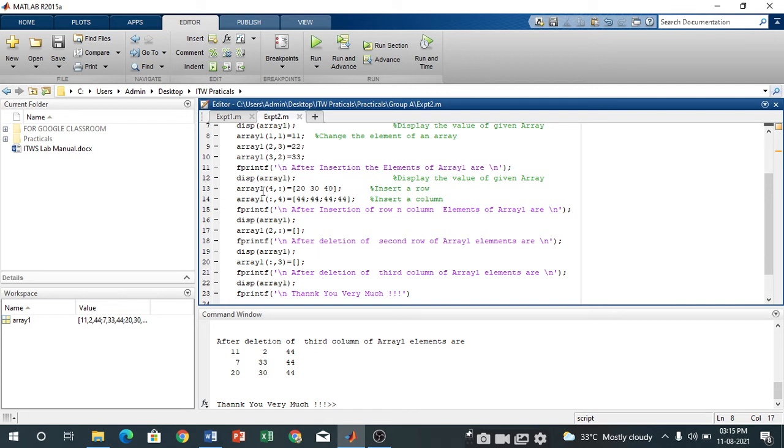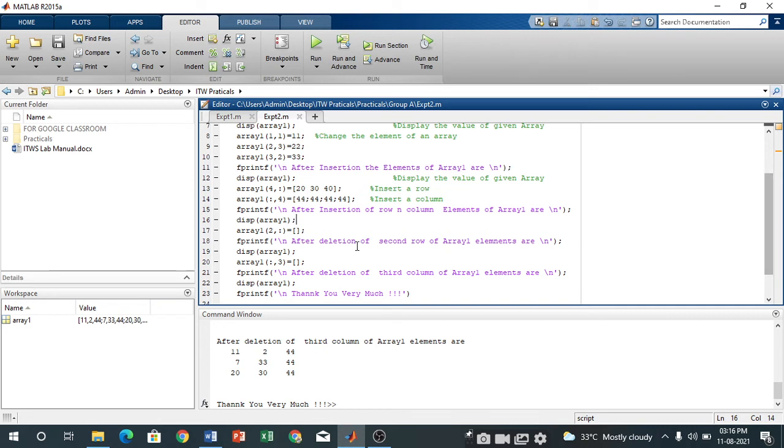Just like what we did here, we add the fourth row, we also add a fourth column over here. So here we will write the column contents, and here we will display those contents.